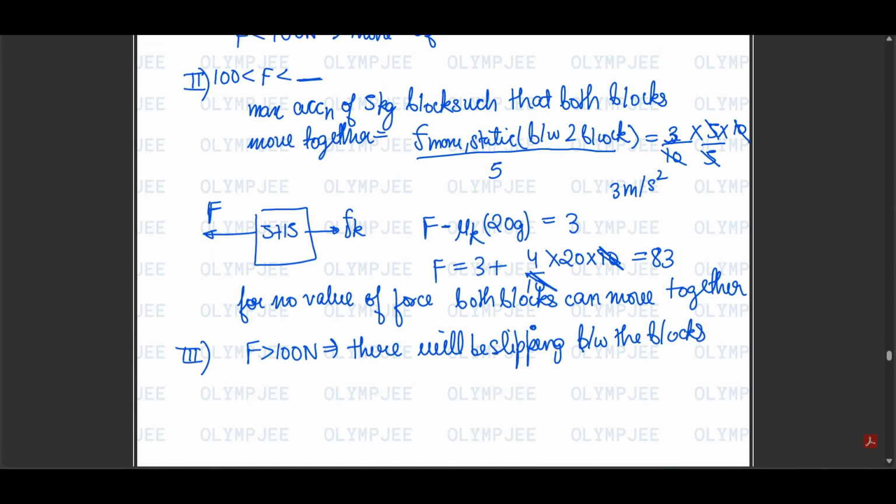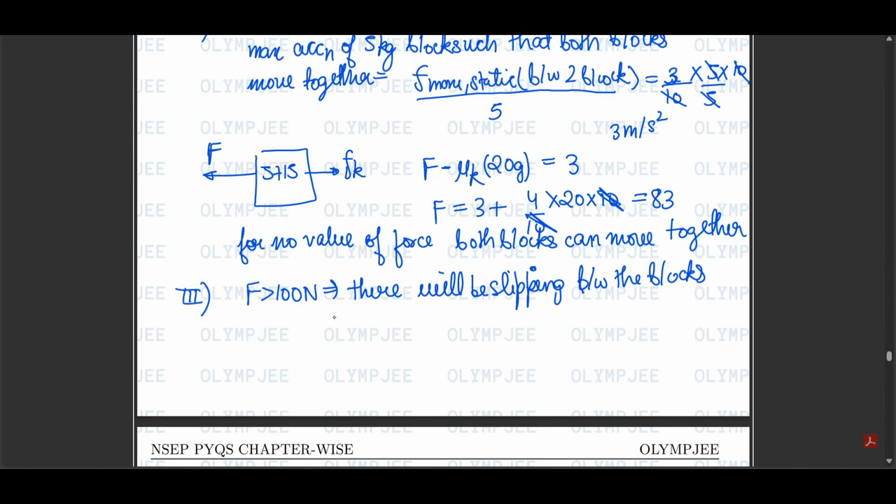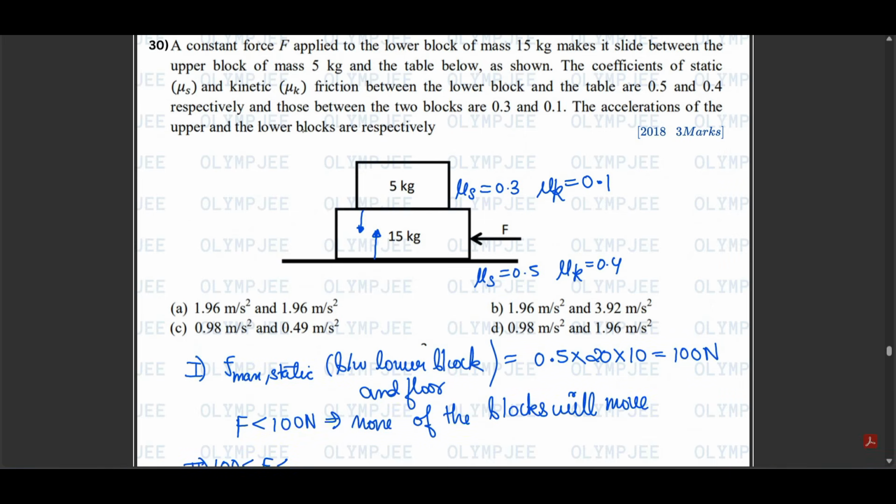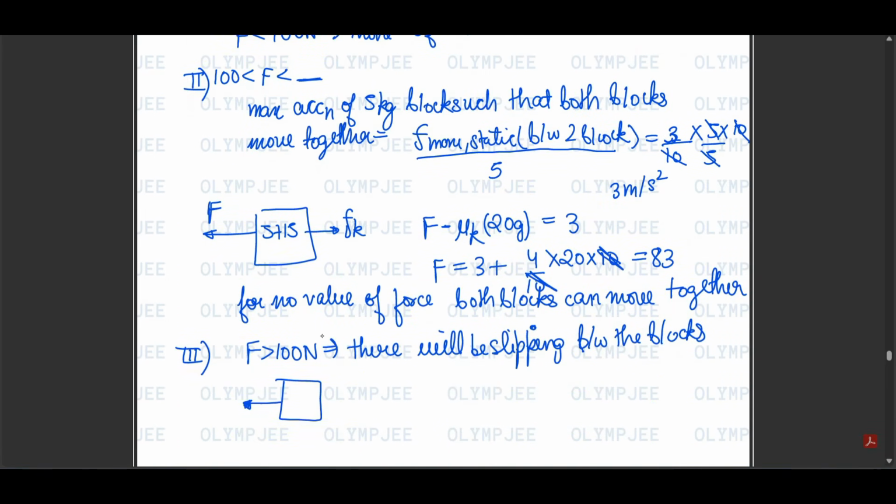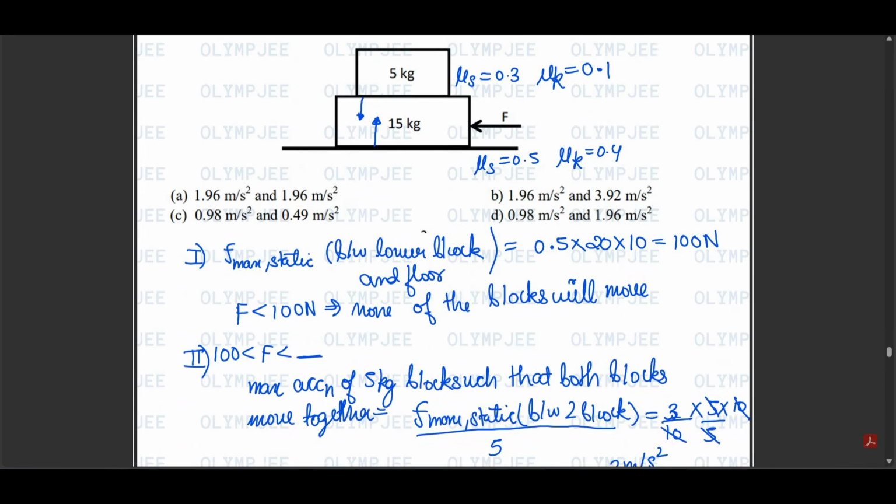So on the upper block, kinetic friction would be in this direction, because if we check the relative motion without friction, then the relative motion, if this 15 kg is at rest, then this 5 kg will be moving backwards by pseudo force. So the friction will be acting in this direction to take it further, right? So friction will be in this direction, and this friction would be constant, since kinetic friction is constant, which is